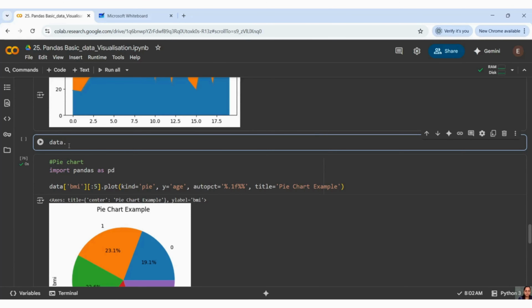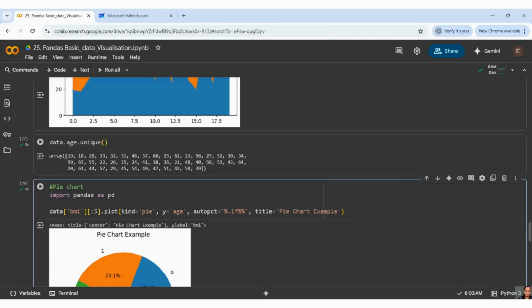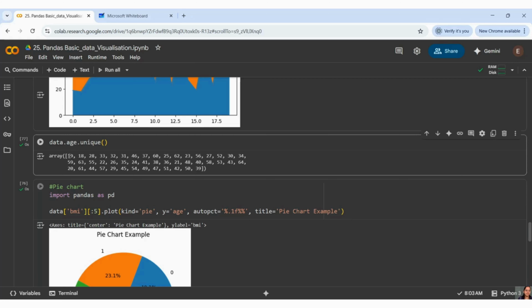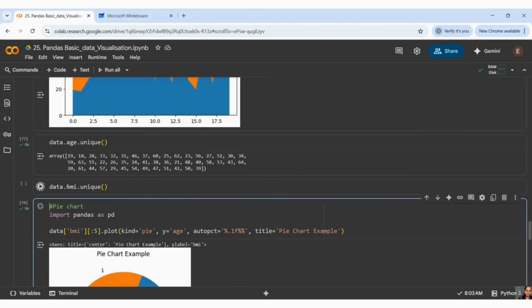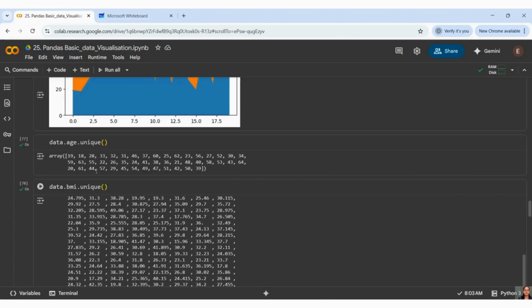Data dot age dot unique. So you can see I have 19, 18, 28, 33, 13, 32, right? Now let's go ahead and get data dot BMI dot unique. So here so many BMIs are there.